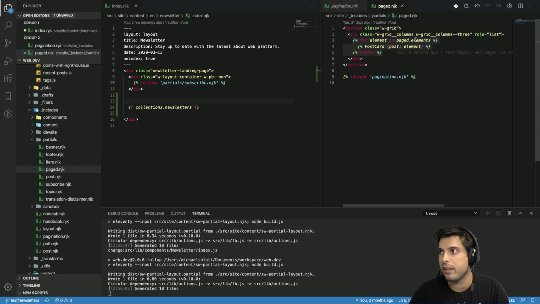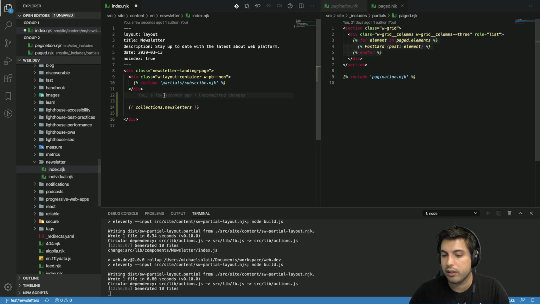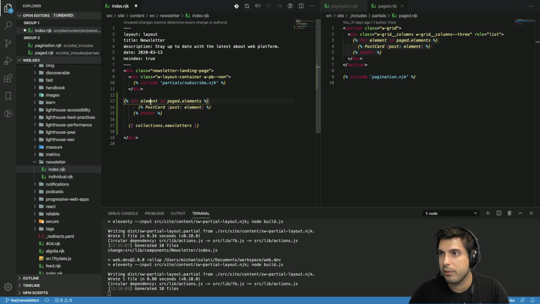So we have a for element in paged elements, and elements is an array here, but that's not too big of a concern. So for element in paged elements, and we're going to change paged elements to collections.newsletters. That way we can just iterate over that array. And all we're going to do here is create a div